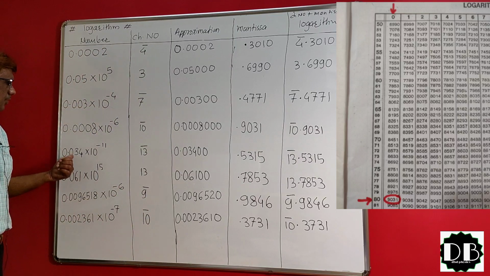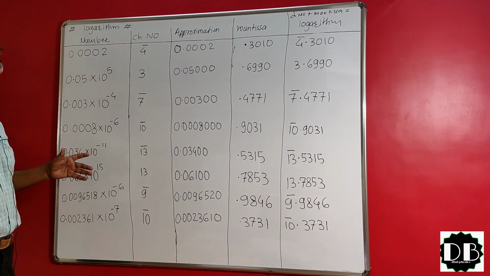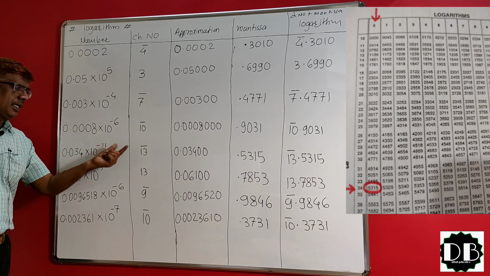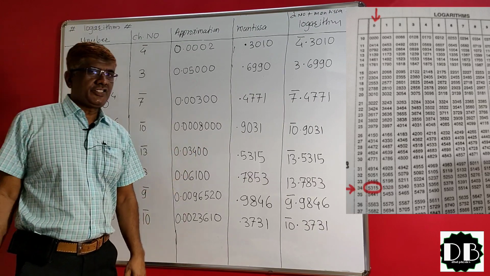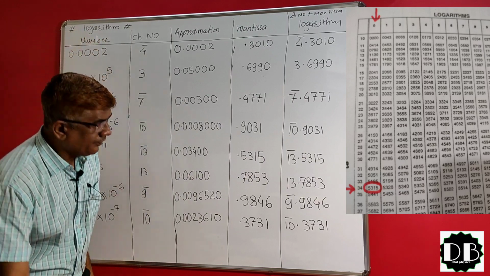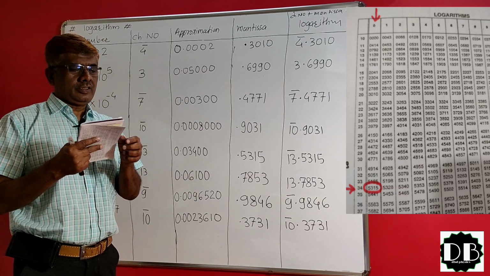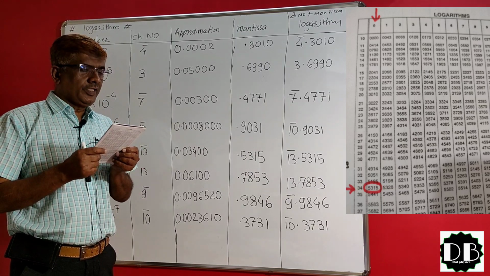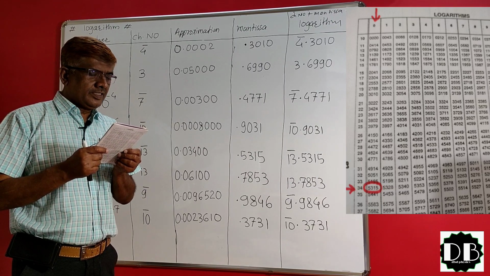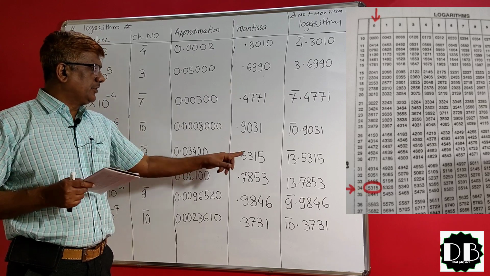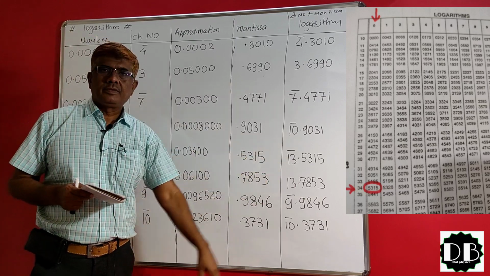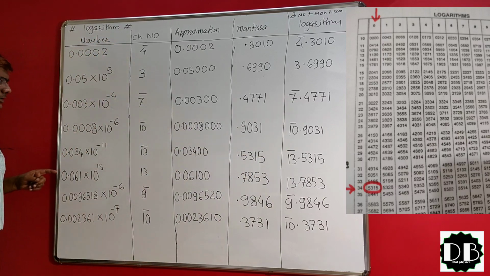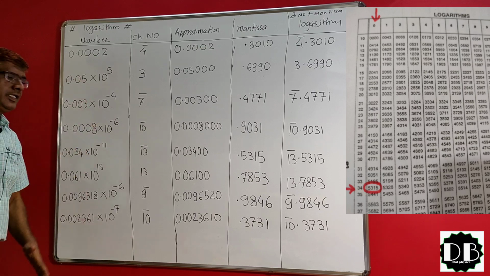After that, there is a number 0.034. Once again, the story is the same. The character number is bar 2, bar 11, bar 13. Approximation remains the same. After that, 34. Search 34 in the logarithm table. In the first column, 34 is there. 34 to 0 means the very next column, the number is 5315. Character number 13 bar 5315. This is the logarithm of this number. However complex the number is, we can bring out its logarithm.